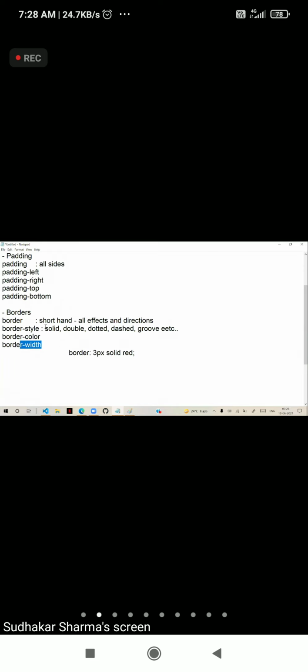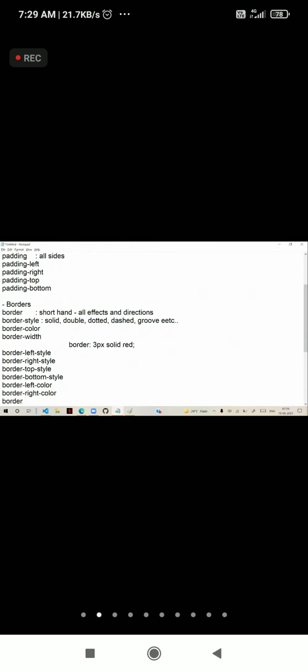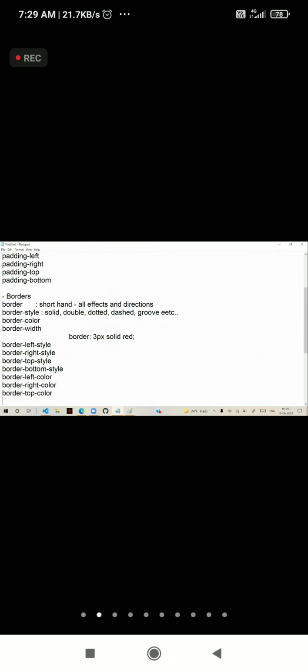We can separately write by direction, like border-left-style, border-right-style, border-top-style, border-bottom-style. So many categories are there. Similarly, we have border-left-color, border-right-color, border-top-color, and border-bottom-color, which we can apply separately.